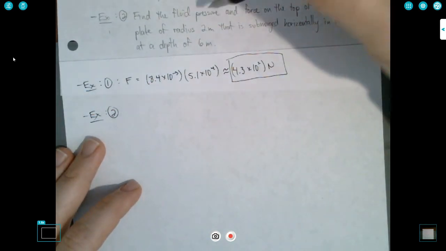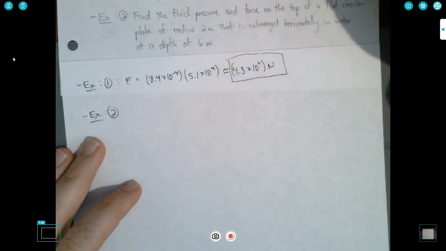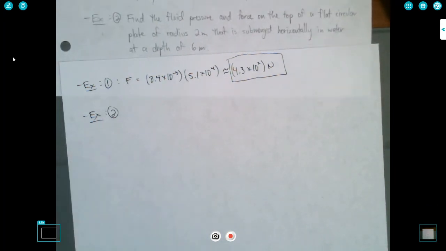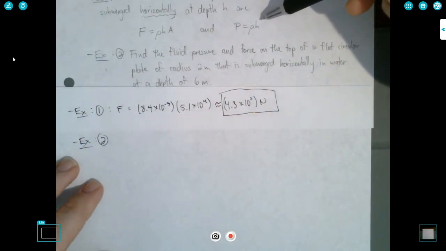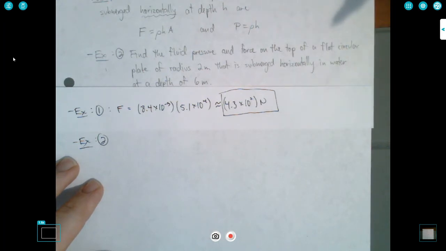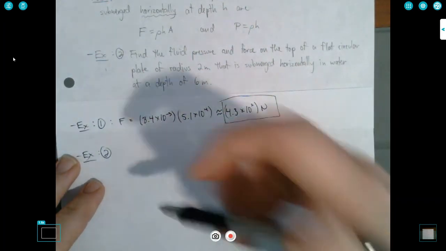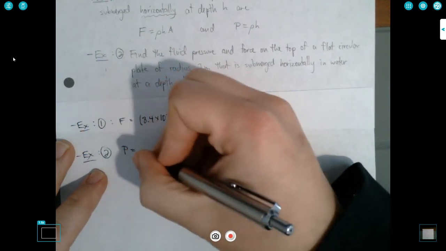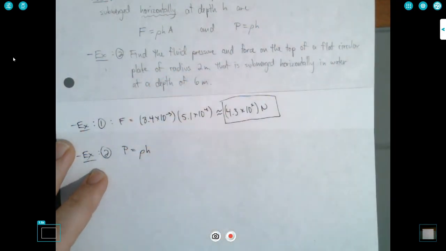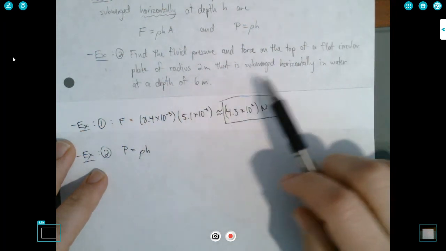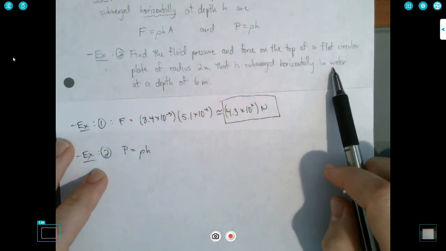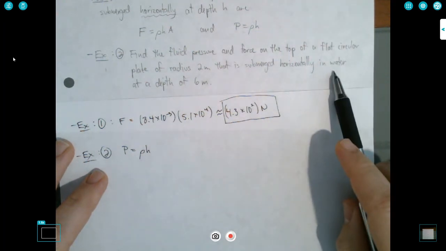So in order to find the fluid pressure, we need to know the weight density of the water, rho. Here, sorry, I'm pointing to something that I just realized is off screen. But we need to know the weight density, rho, and we need to know the depth h. As for the weight density, it's submerged in water, so we can go to that table on page 394 of the textbook and see